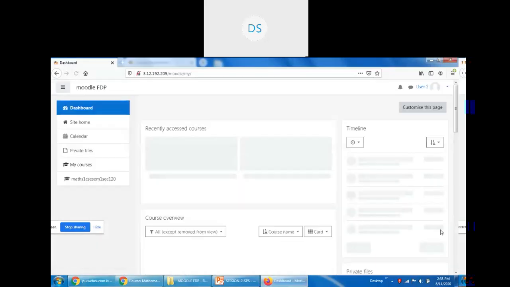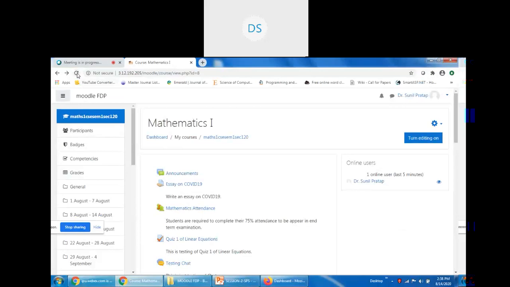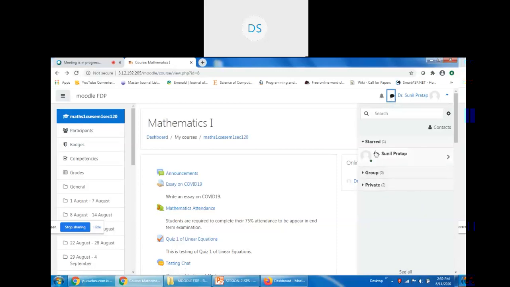I think it refreshes this online user block after some time duration. See the effect. We need to refresh the page. Just wait for user 2 to appear here.